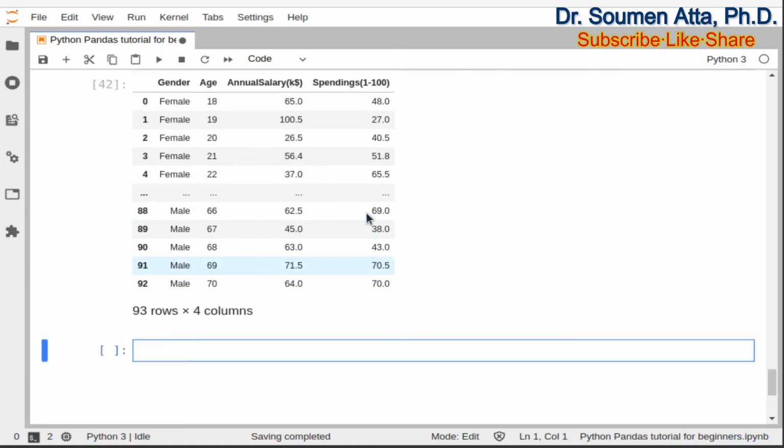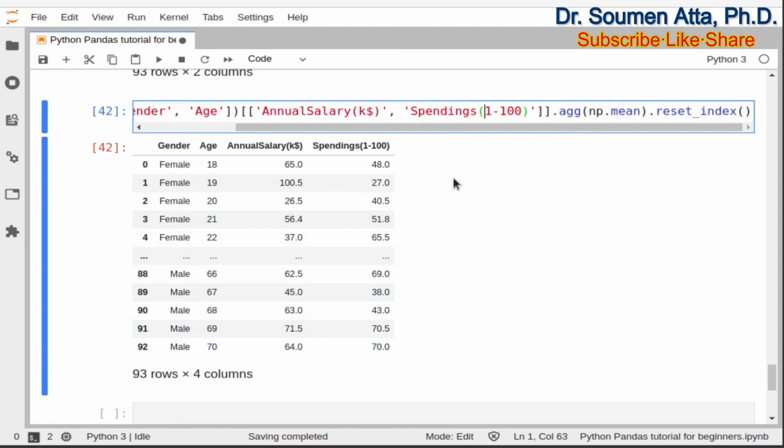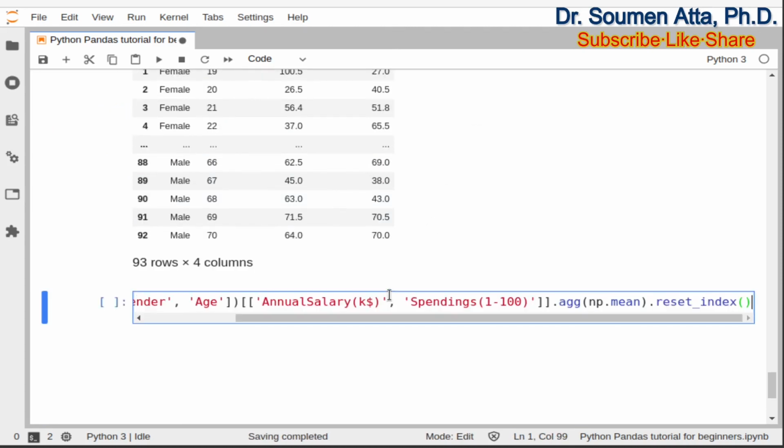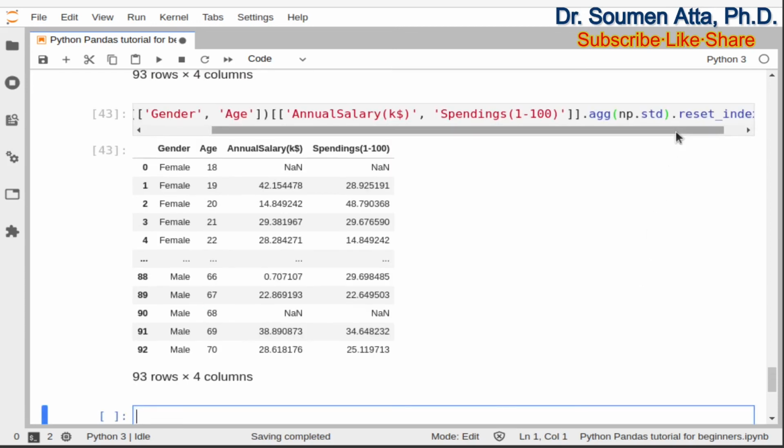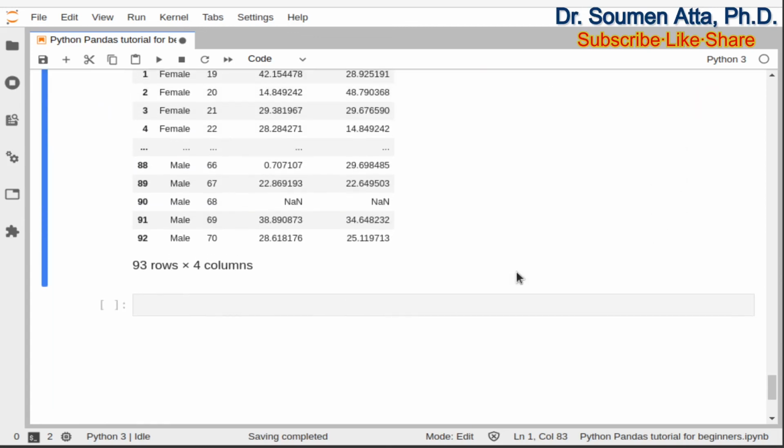So now here you can see we are getting a regular data frame with regular index values. The same thing can be done for the second example also, where we have used numpy's standard deviation function std. So to get the regular row index values we need to use the reset_index method as shown here.